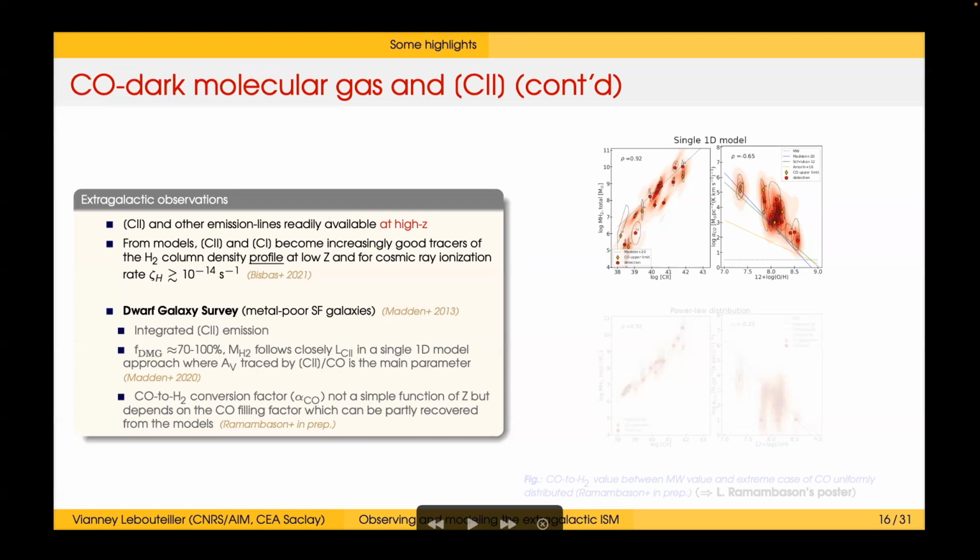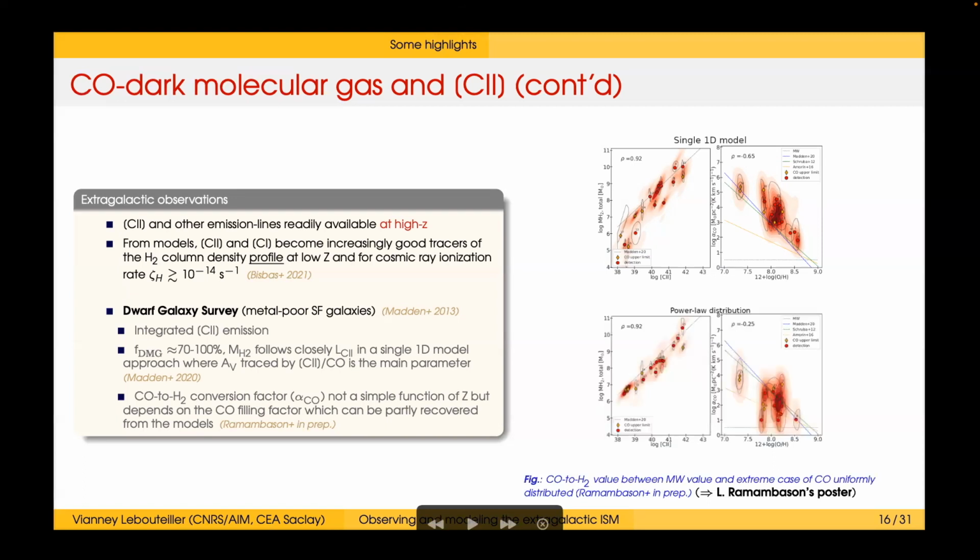But the important thing is that it is for a single 1D model, where the extinction is going to be traced by C2 over CO, and this is the main parameter. If you turn to more complex geometries, you don't find quite the same thing. You still find that MH2 follows C2 luminosity well, but the alpha CO is not a simple function of metallicity anymore. And what I mean by different